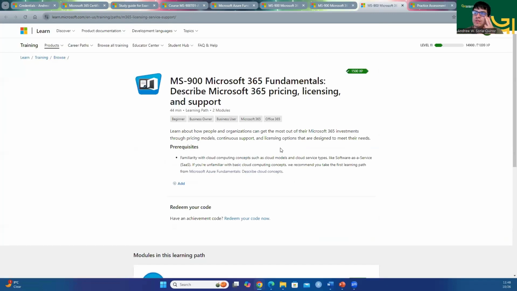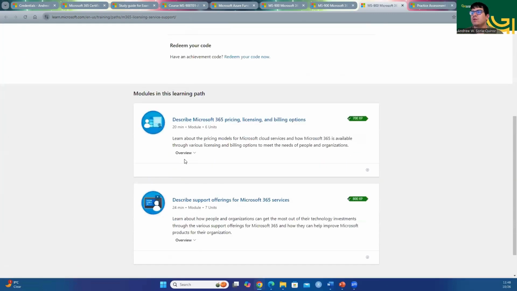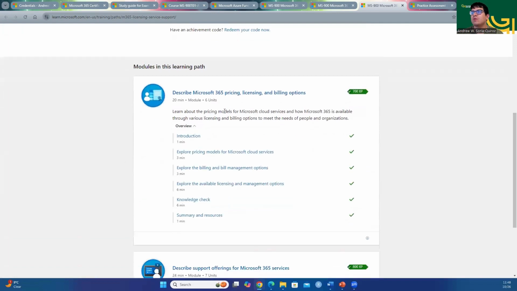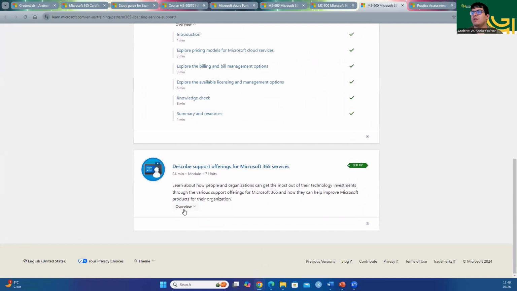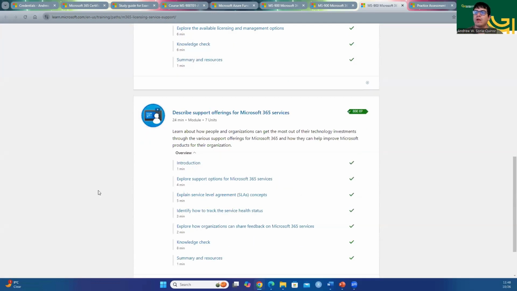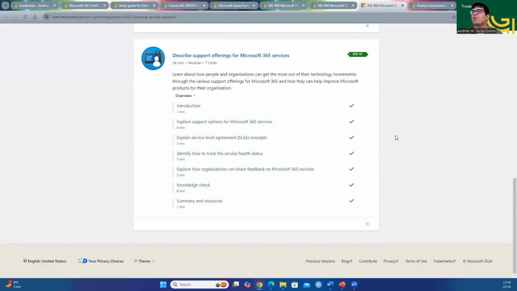Then we have the pricing, licensing, and support. For these ones, we have how it's available for licensing and options, what the pricing models are, what bills you get, what availability you get, etc. And the support options are the service level agreements, health status, and how you get credit if everything goes